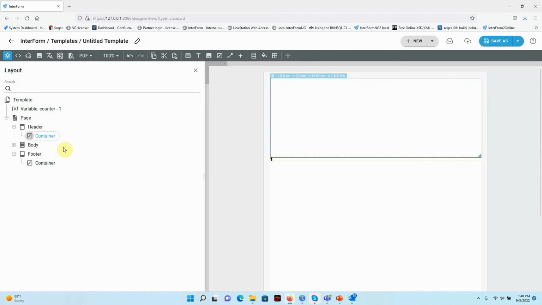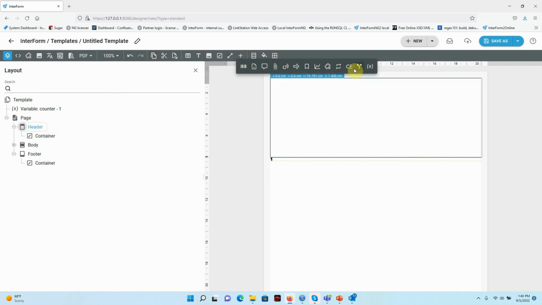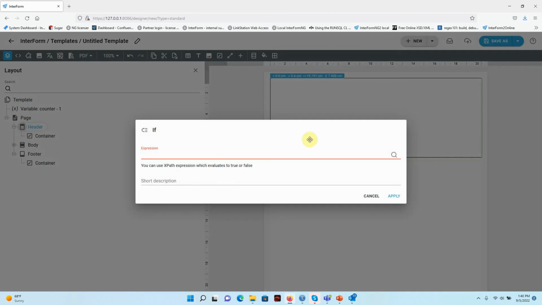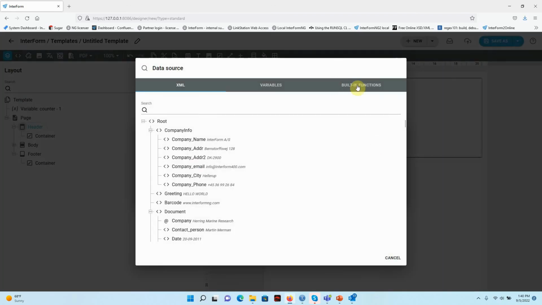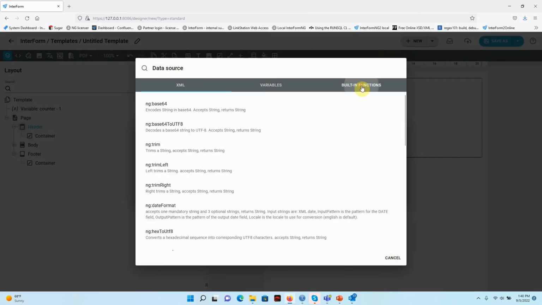The conditions can also be used, of course, in the header and the footer, so that we can have a flexible header. So sometimes we want a large header and sometimes we want a small. So a condition here could be to use, let's say, an if. A condition could be to look at some of the built-in functions that we have. So we have for XPath a lot of standard functions that you can search on the web, but